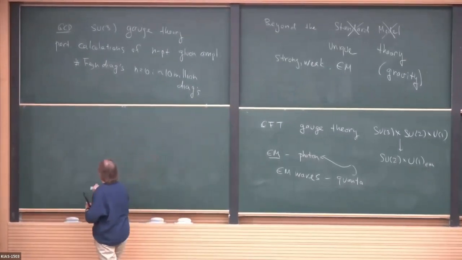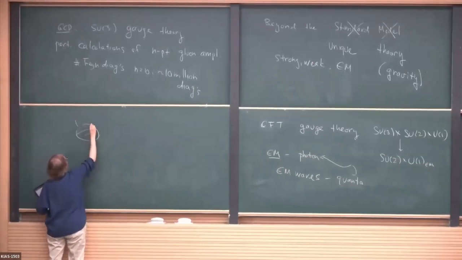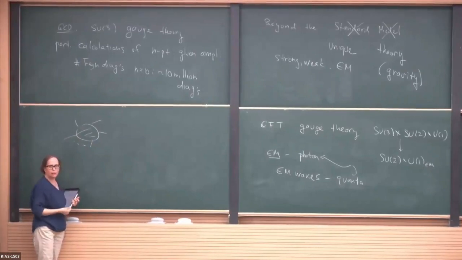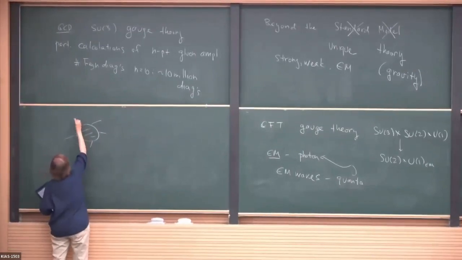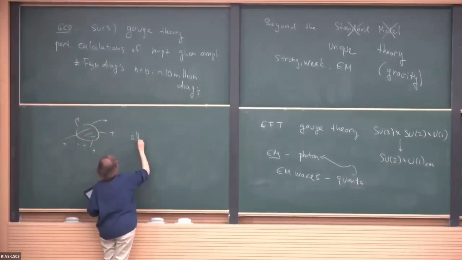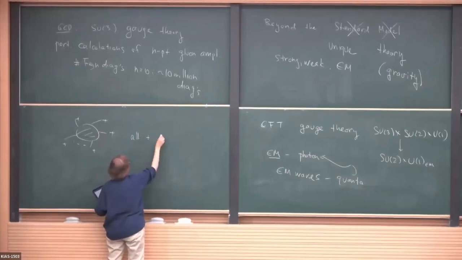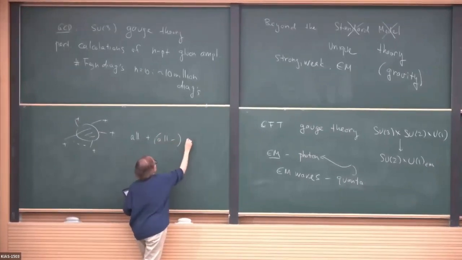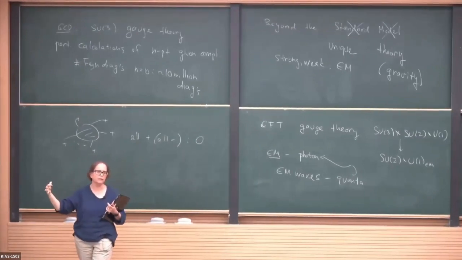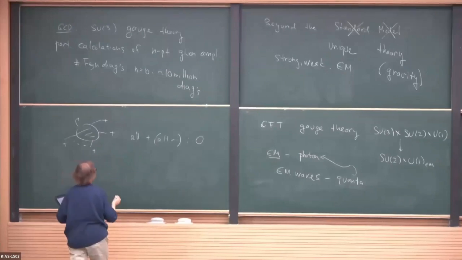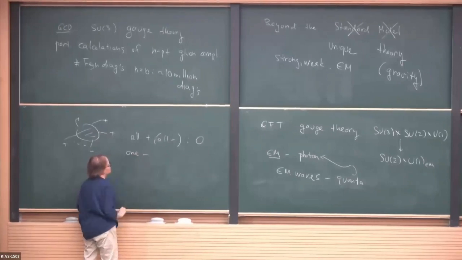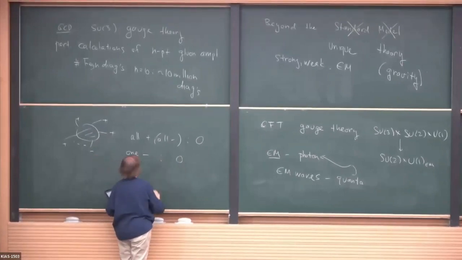So this is our endpoint amplitude, and the gluons can have different helicities, of course. If they all have the same helicity, so if it's all plus helicity, or of course all minus, the amplitude is just 0. So you sum lots and lots of Feynman diagrams and you get 0. Similarly, if you have just one minus and the rest are pluses, you also get 0.